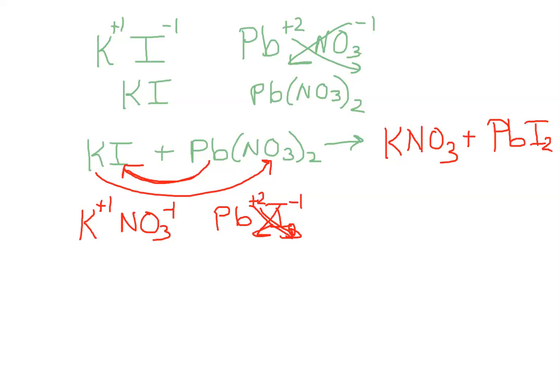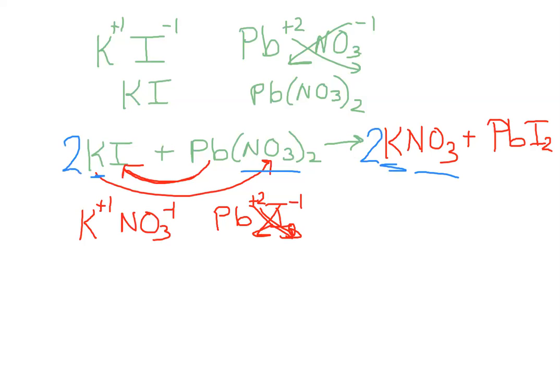Okay, so there is our equation, and we need to balance it. So we got to look at it. Is it balanced? Let's see, 1 potassium, 1 potassium. But look, we have 2 nitrates here, and we only have 1 over here, so we better put a 2 there. But if we put a 2 there, that gives us 2 potassium, so we have to put a 2